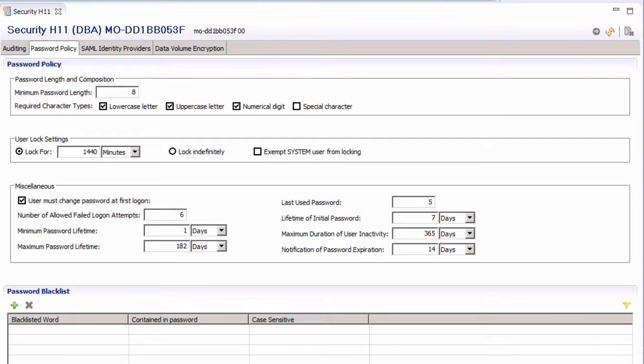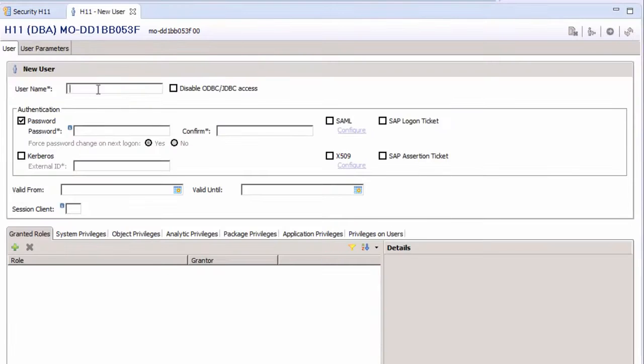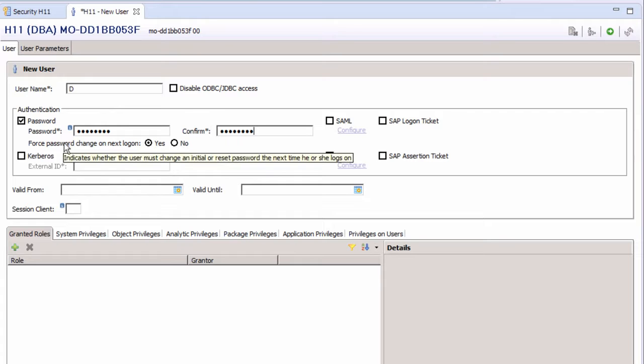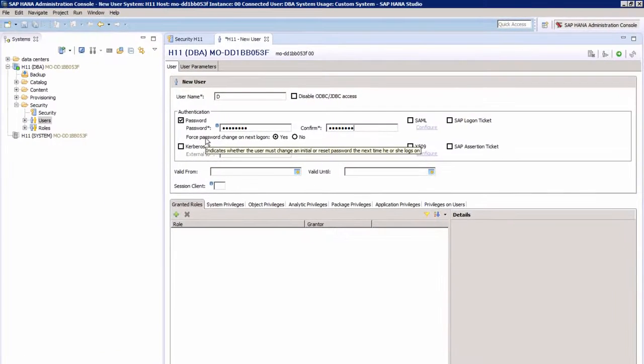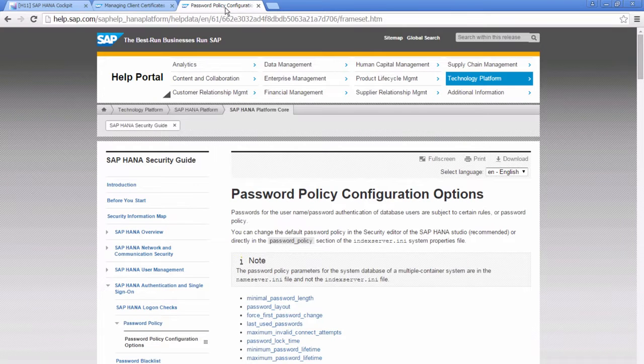So that's new. The other new setting is that when we create a new user, we can now select whether the user must change an initial or a reset password upon first logon. Password policy configuration options, by the way, are documented in the SAP HANA Security Guide under SAP HANA Authentication Single